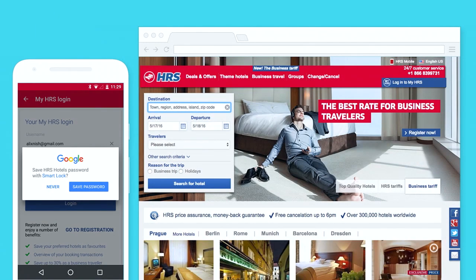And then the idea is that once you visit the website, and maybe this is where you want to complete your transaction, where you're entering credit card information, for example, you can visit the site, and instead of having to find that login button and remember to be logged in, you'll simply be automatically signed in. And this is live on the web right now, so you can even try this on HRS, and we also have Alibaba's Express app, LinkedIn, and a number of others who are live right now, like The Guardian, with this functionality on the web. So that's new this year.